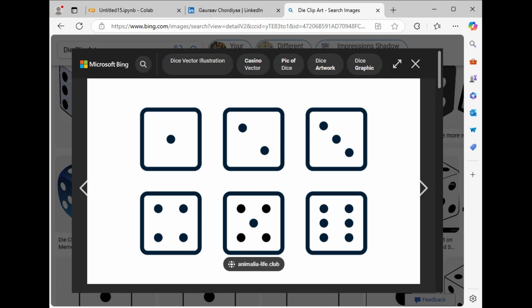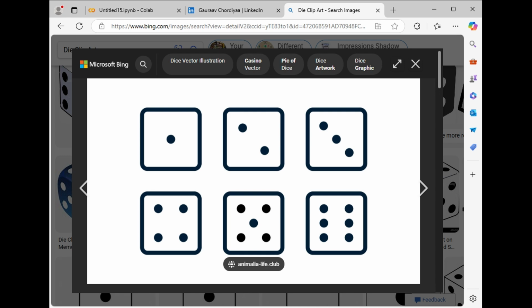We are given two dice, and they want us to roll those dice simultaneously. We need to sum them and give the frequency chart, the frequency of each outcome. So we'll simulate rolling two dice, and after that we calculate the frequency of each possible sum and create a visualization to show the distribution. We have to give n in the function.